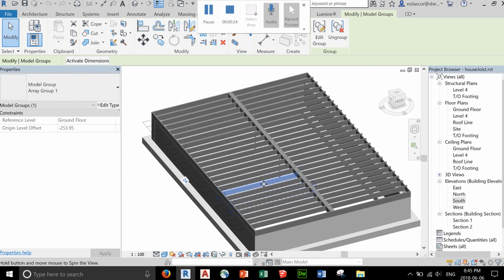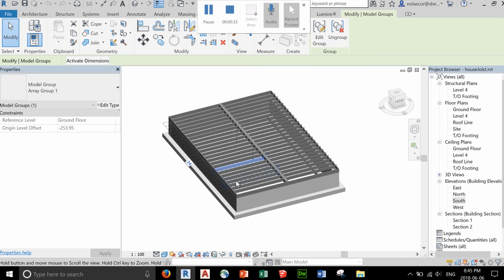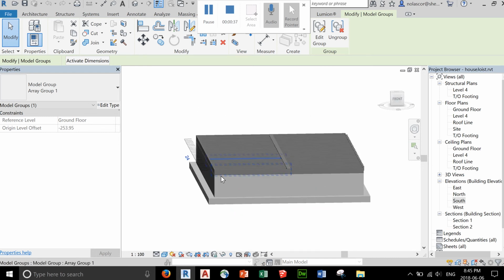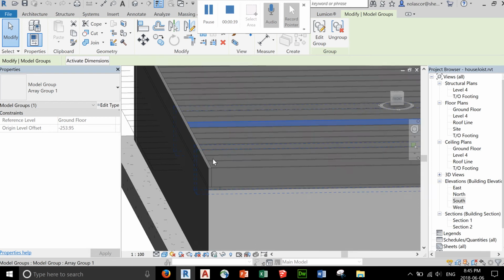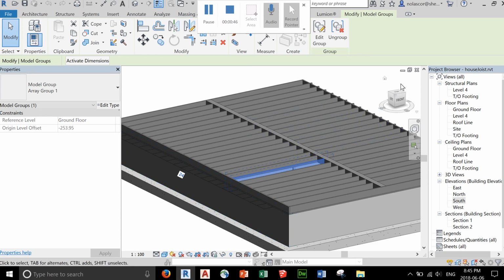So you might do this only to show the detail, but not for your whole project. So maybe just a portion of your project, and you can save this as a separate file just to demonstrate how the construction is going to be done. Okay, so let me close this